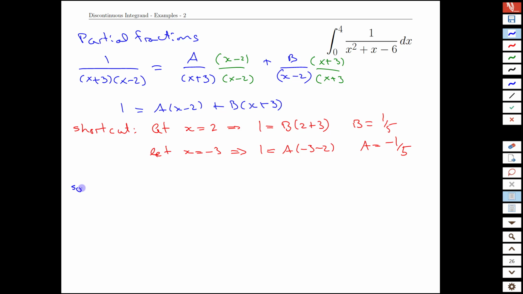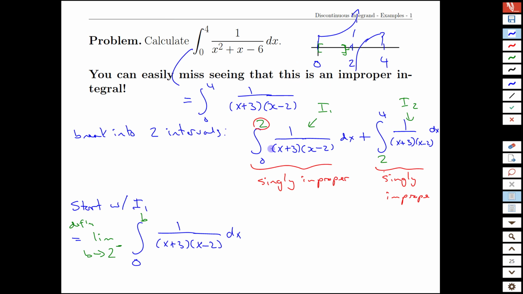So our first integral, I1, which was, going back a page for a moment, the integral on the left-hand side here, the area under the graph, which is the integral from 0 to 2 of this expression. We recognize that it's an improper integral, so we have to handle it with care. We do that here with the limits. So it's the limit as b goes to 2 from the left, of 0 to b, of this thing here,